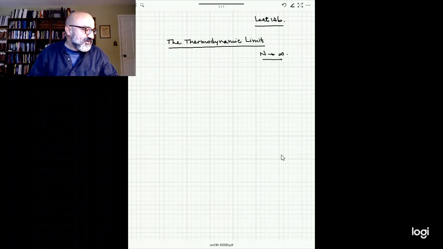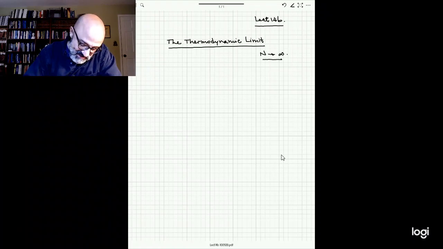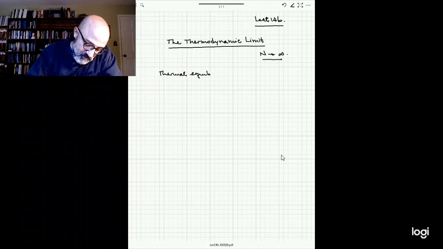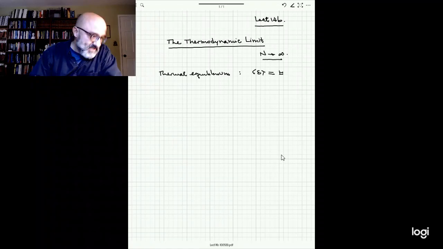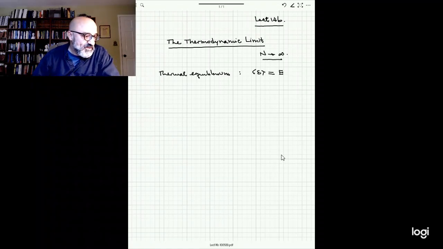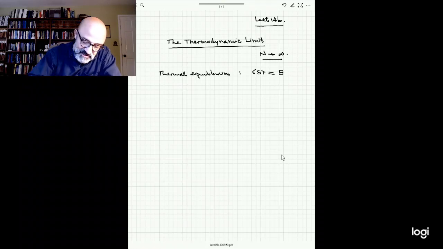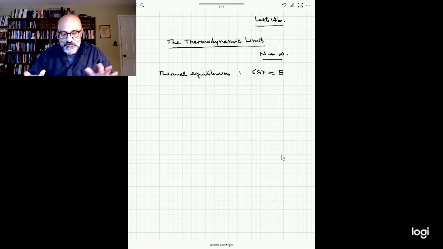So what I would like to do is explore an example of maximum entropy statistical mechanics, and the particular case I want to do is a simple case, thermal equilibrium with a single variable. The constraint is going to be something like the expected value of the energy. And what we would like to be able to show is that most of the microstates,